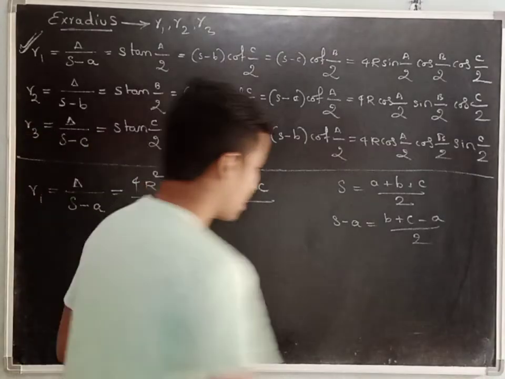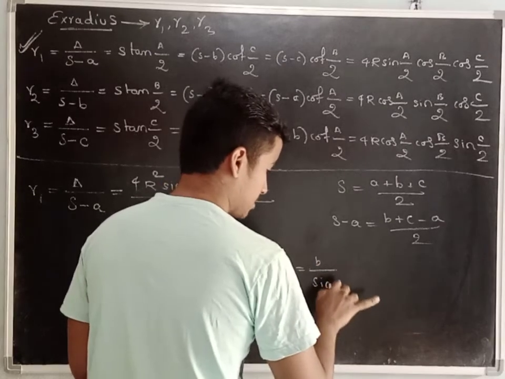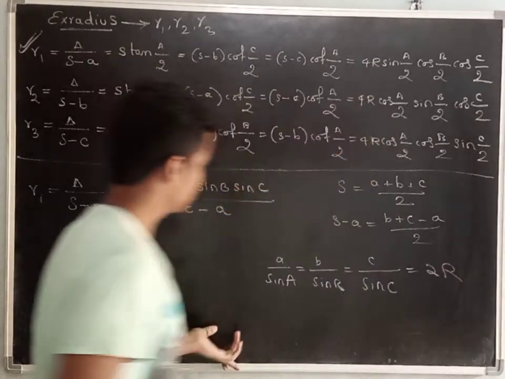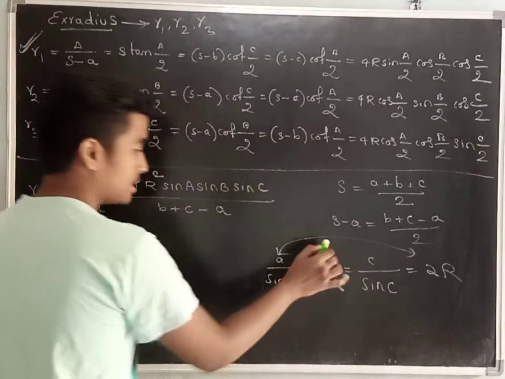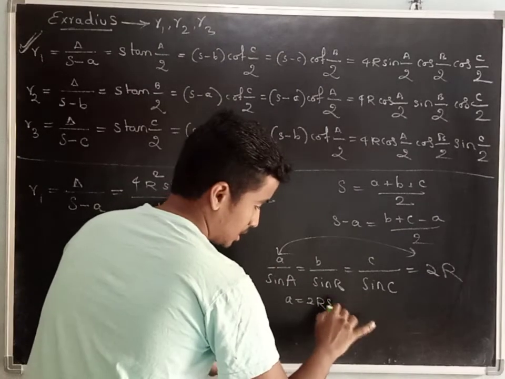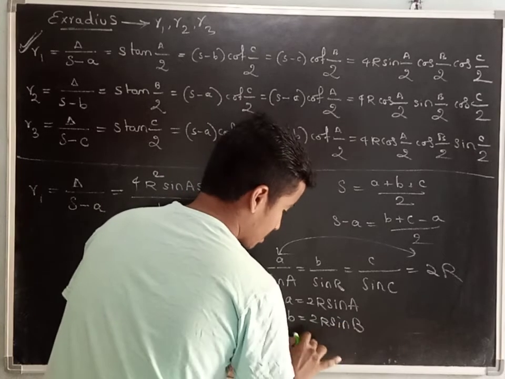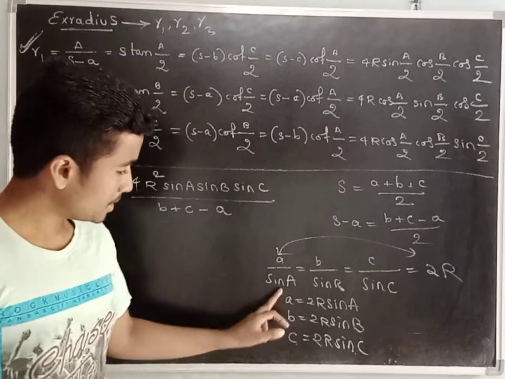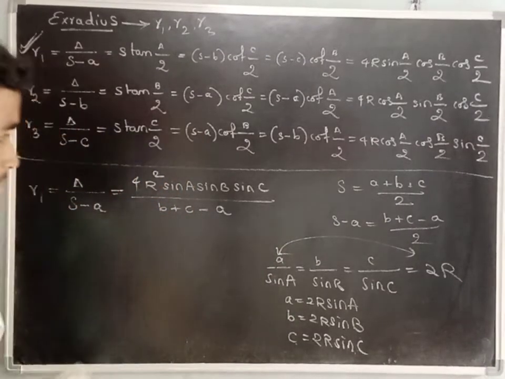As per the sine rule, we have a result, that is a by sin A is equal to b by sin B is equal to c by sin C is equal to 2R. Right? It means a is equal to 2R sin A. Similarly, b is equal to 2R sin B. c is equal to 2R sin C. Okay? Let me substitute these three in this. After substituting,